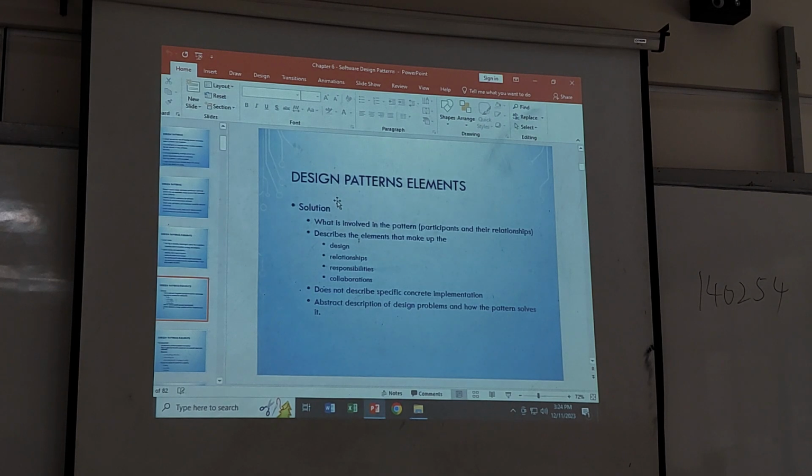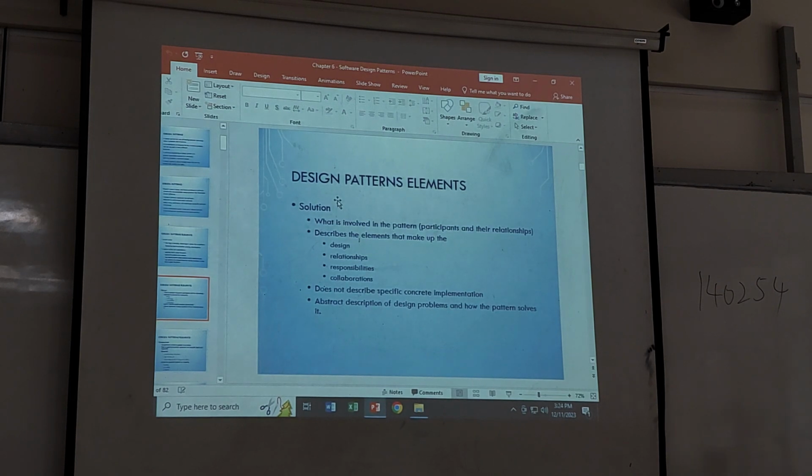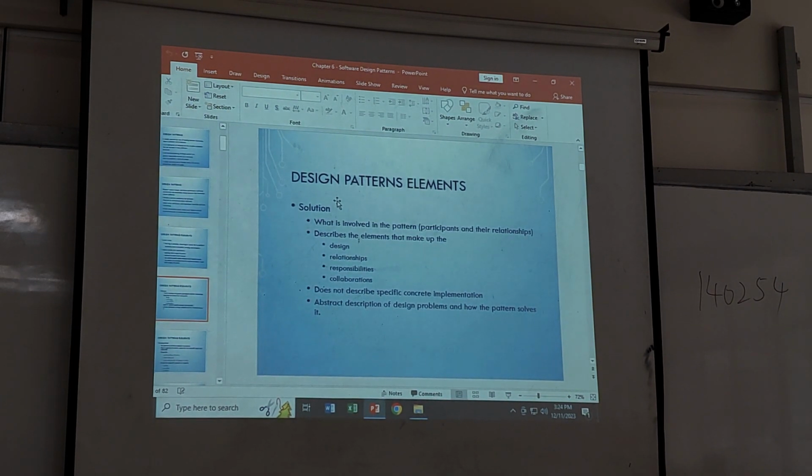Definitely there is the solution. It describes how the design should look for a particular problem: the elements that make up the design, their responsibilities, relationships, and the collaborations among them. It does not describe a specific concrete implementation. It is an abstract description of the design problem and problem solving. So therefore, a design pattern describes the solution or pattern in the abstract and